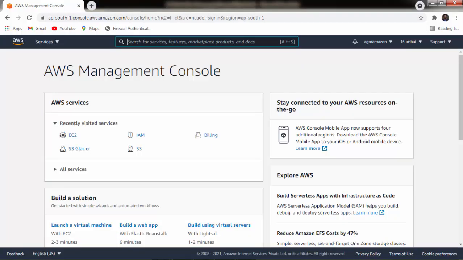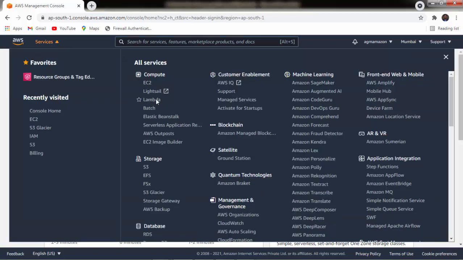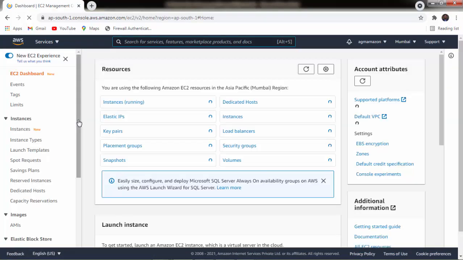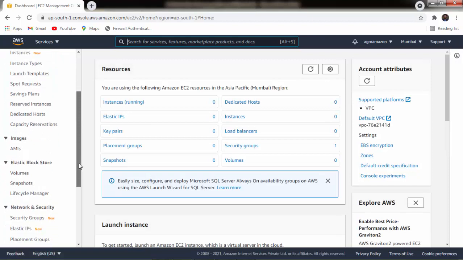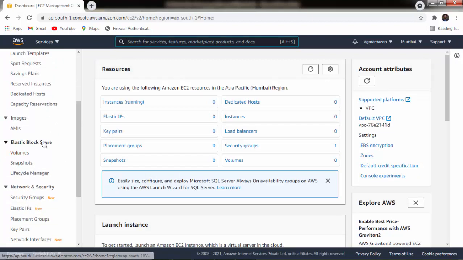Now the second way to create EBS volume is to create a standalone EBS volume. So let us discuss how we can create a standalone EBS volume. Again, let us move to the AWS Management Console. On our AWS Management Console, you just have to click on services. Then inside the compute domain, we have one option, that is EC2. And inside EC2, you have to scroll down. Then you can get one option, elastic block storage. And inside you have one option, volumes. So you can create volumes by using this option also.